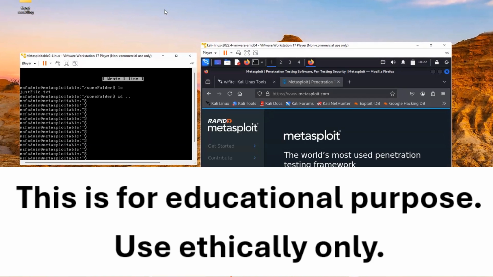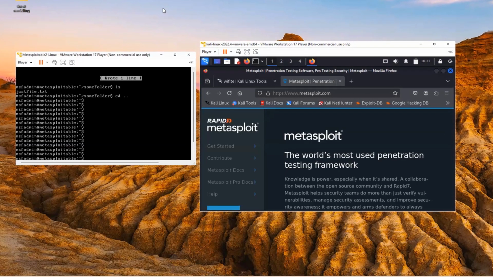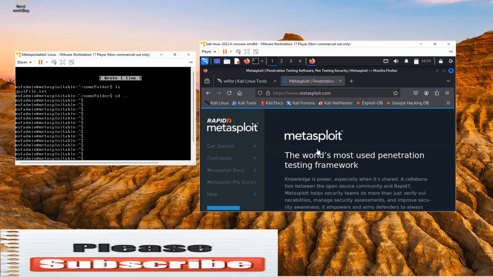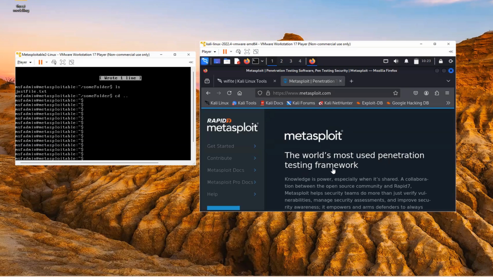Everybody, Francis here. Today we are going to be introducing this tool, Metasploit. It's a very powerful tool developed by Rapid7, and it's used for penetration testing. What we are going to be doing with it is to try to use it to brute force into